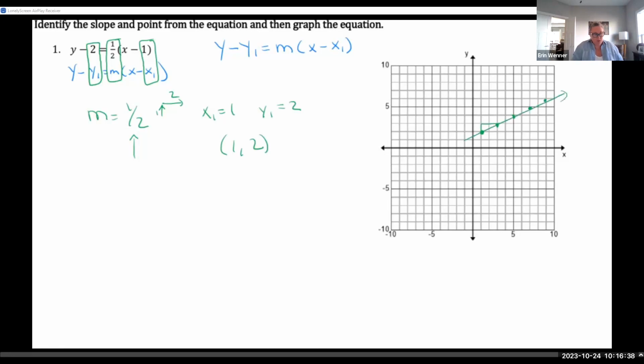A little sloppy when I do it on here, but again, the beauty of MyMathLab is it allows you to plot that one point first, and then you can use the arrow keys to tick up to the next point. So if we go to the next page, number 2,